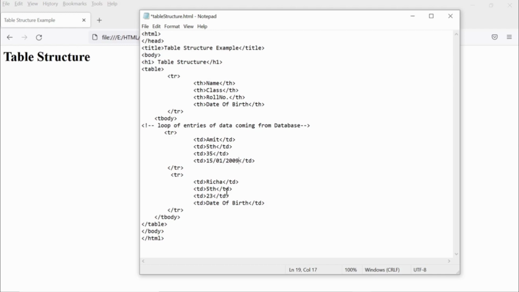This will be your raw data. And second row fourth column you can add any date of birth based on the student profile.